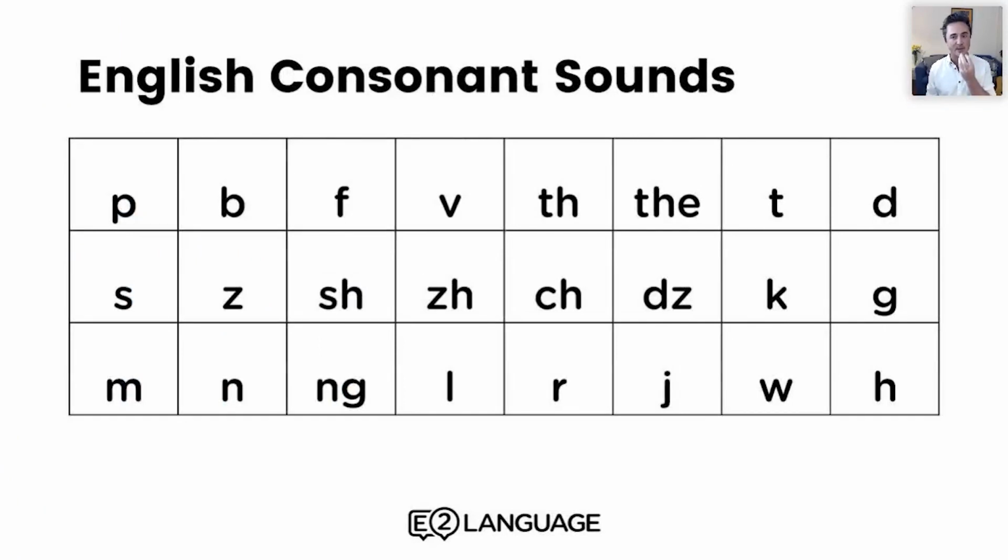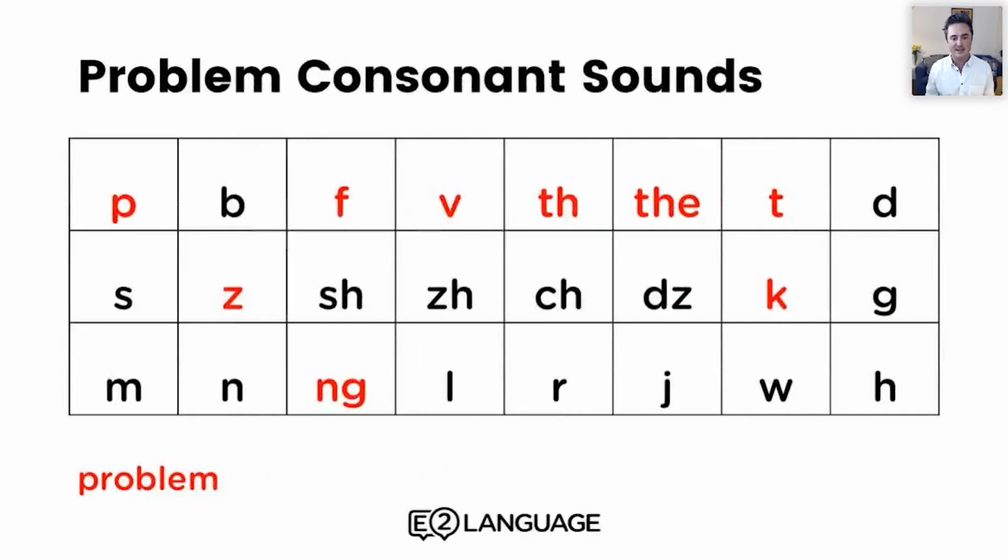So here are the English consonant sounds. These are the sounds that we make where we use part of our mouth, maybe our lips, our teeth, our tongue, some of our anatomy here, like p, b, f, v, th, t, d, etc. Now, if we look at these South Indian languages, these are the problem sounds that you'll have. You'll have a problem with the p sound, or the f, or this is a big one, the v sound is a particularly problematic sound. The th sound for South Indians often becomes a d sound, where they hit the top of the mouth with the tongue.